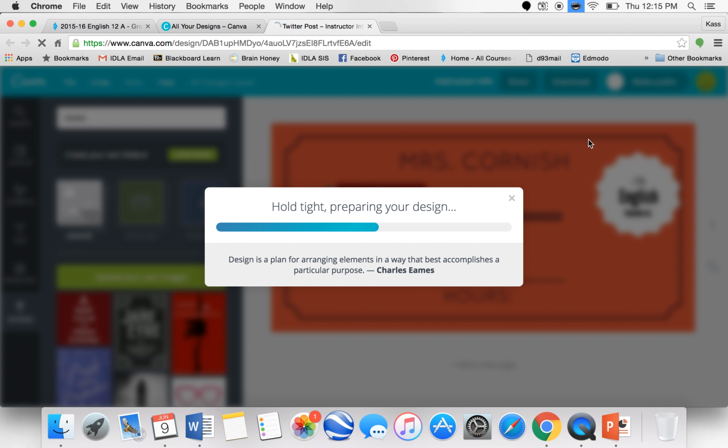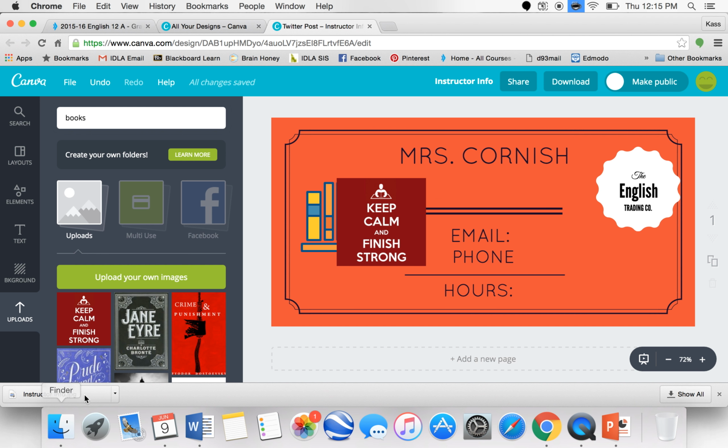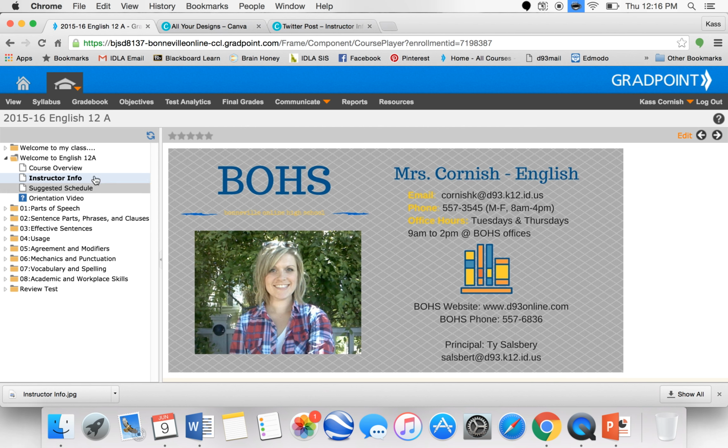Now, on most computers, I would say that what it does is it auto-saves to your downloads. So you want to make sure that you find it and put it in a place where you can access it easily, like copy it over to a file for BOHS or something, so you're not searching through your downloads for it. Once it's in there and you want to upload it to GradPoint, remember you go to your syllabus,